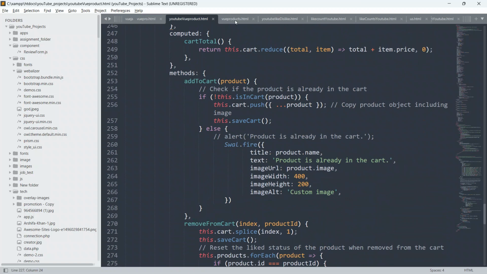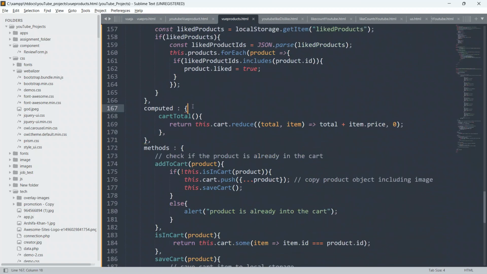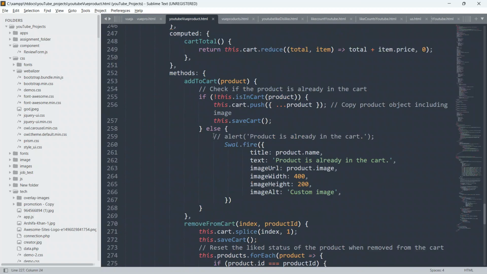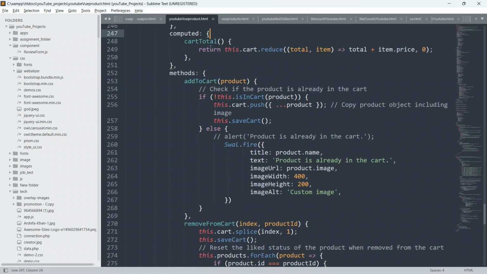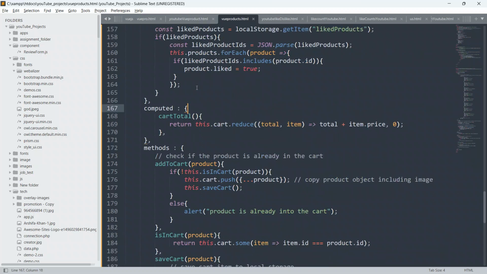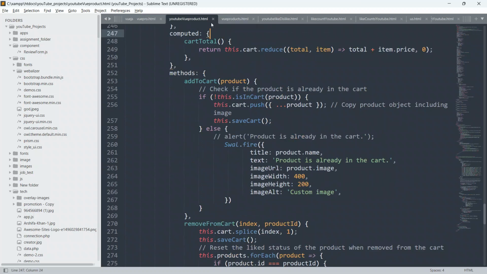So go to the computed now. Computed, yeah.